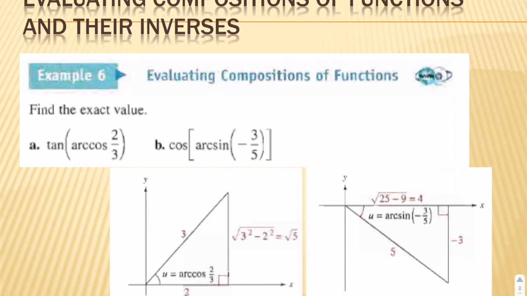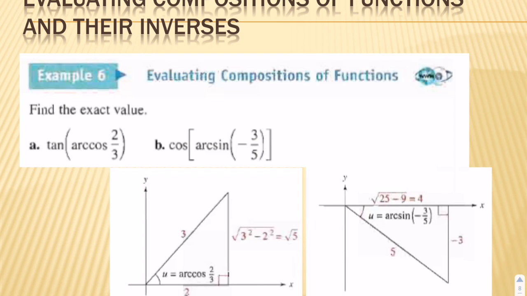We're going to get into some of the kinds of problems that you'll be doing in your homework where you're going to be seeing a composition of functions and their inverses. So let's take a look at part A of example 6 here, and we're looking now at the tangent of the inverse cosine of the ratio 2 over 3. Now think about that for a second. We're talking about the cosine